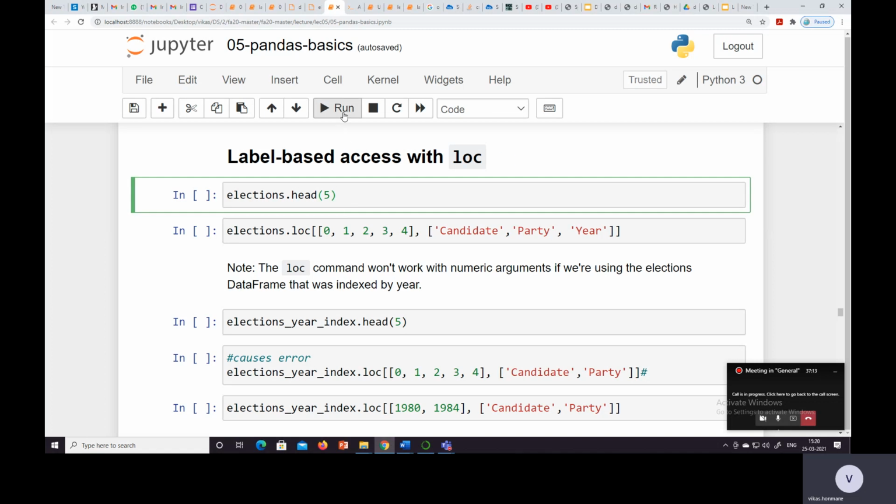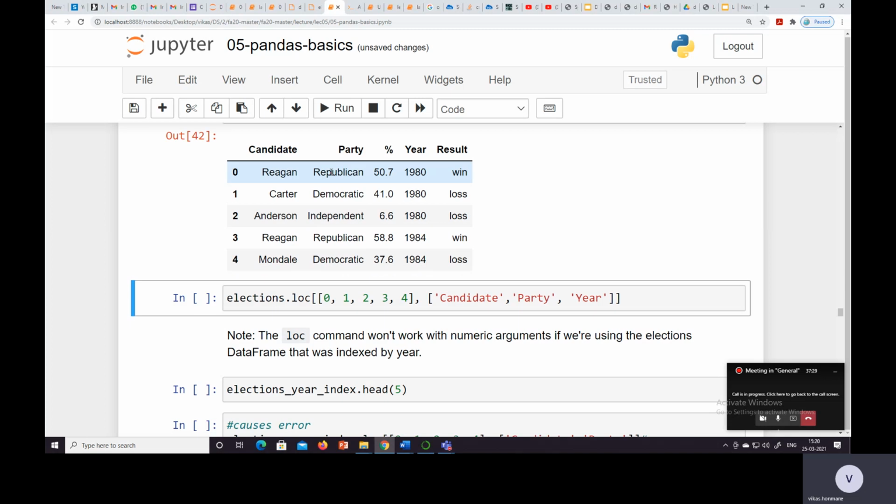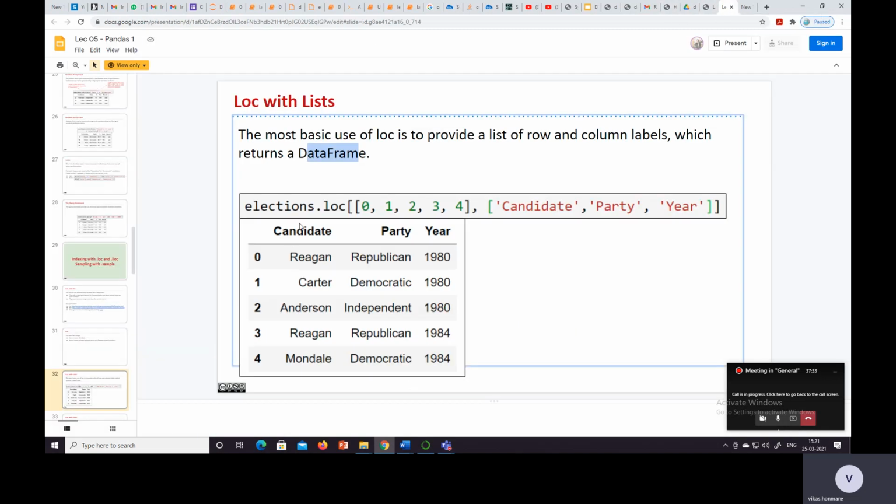Firstly we see what is present in the elections file, using the .head command. It gives us the first 0, 1, 2, 3, 4 rows, and as I stated in this table, we are getting the first 5 rows and 3 columns: candidate, party and year.